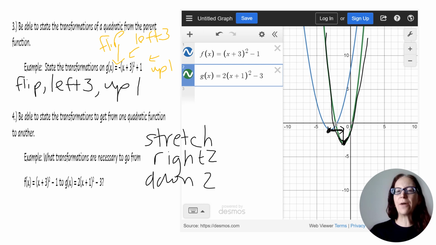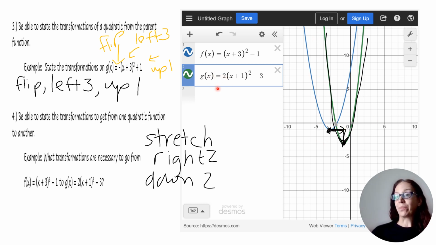Now notice how I did that. If you need to rewind that, I apologize for tripping over my words. What I did is look at that vertex, and to get from the original vertex to the new vertex, we are going right, and then we are going down. And then you would count how far. You can also get that, and here I'll use my pointer, so to get from the blue vertex to the green vertex, right 2, down 1, and then the green has also been stretched out, which you can tell